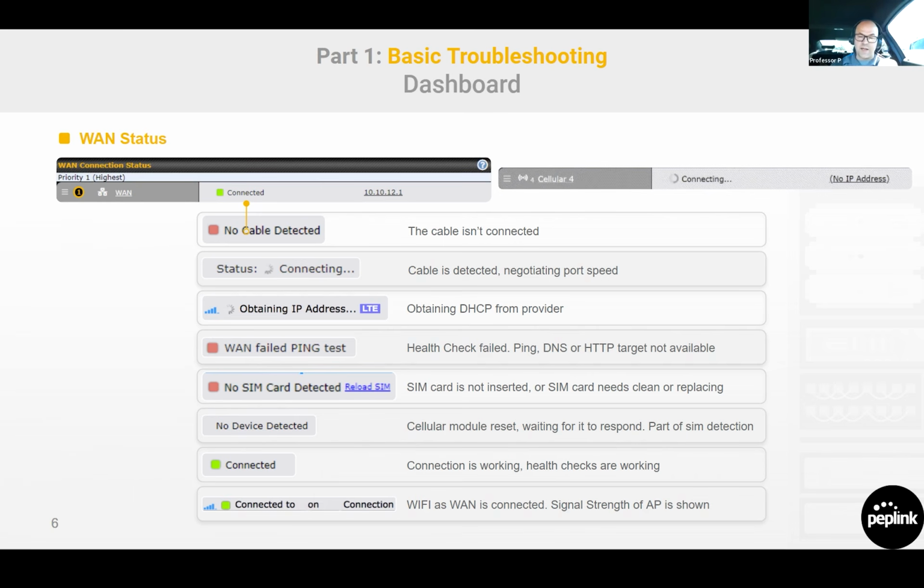Connected means the connection is working and healthy. And then connected on, and that'd be your Wi-Fi WAN, letting you know that you're connected on a particular Wi-Fi network. Or in this case, you'll see connected to T-Mobile 5G. So kind of crazy, but there are meanings to all of these, and they do tell you, especially on the